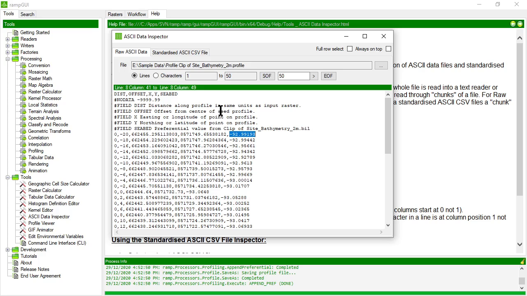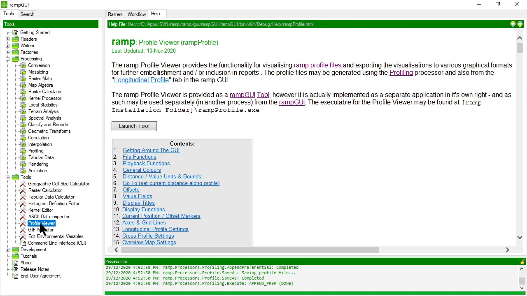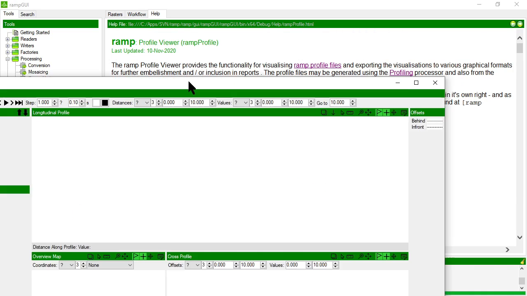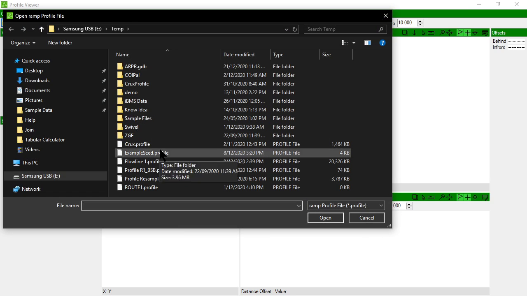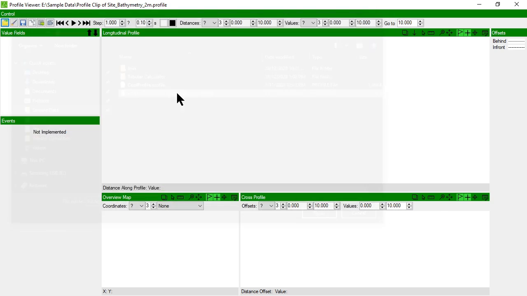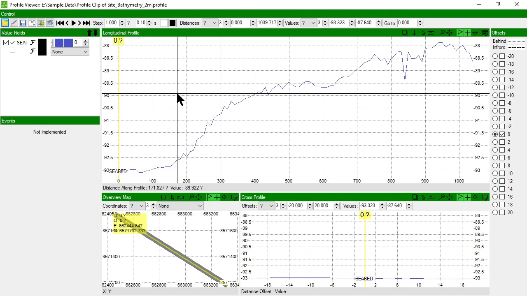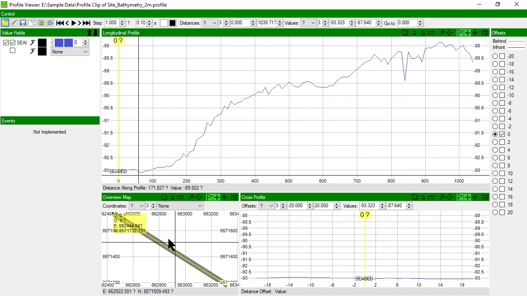Let's now open it in the RAMP profile viewer and see what it looks like. So the RAMP profile viewer tool is here. This is what it looks like. And I am going to open that profile. Okay, so you can see in the profile viewer, this is my map view, and this is where